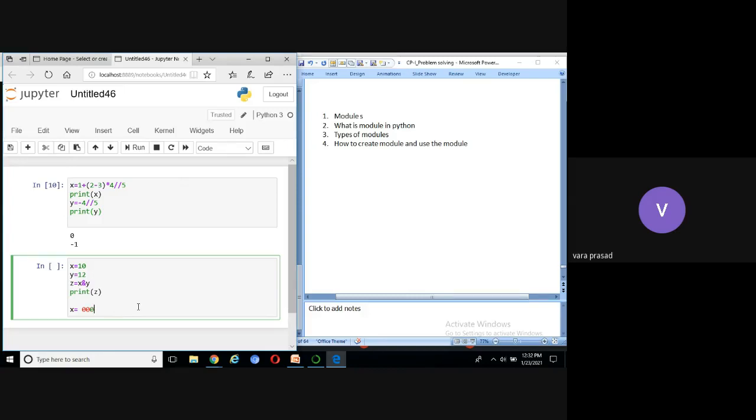Initially, I have written like that, x equal to 1010. Now I am modifying x equal to 0001010. Both are same or different?